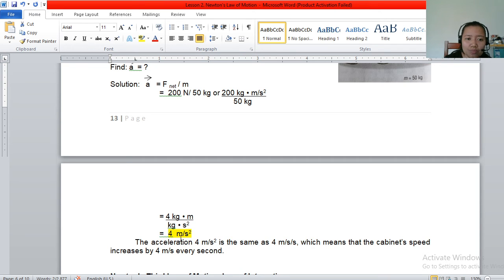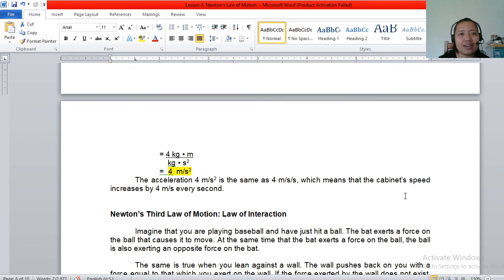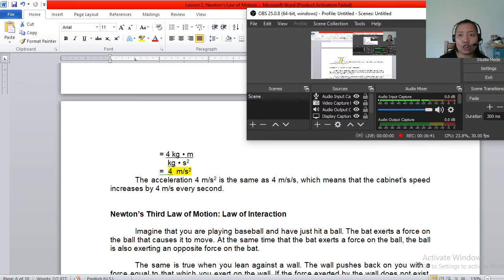The remaining units will be meter per second squared. That would be the acceleration of that cabinet based on the applied force of the man. So, the acceleration of 4 meter per second squared means that the cabinet's speed increases by 4 meter per second every second. Okay, we're done with the second law of motion, and that is the law of